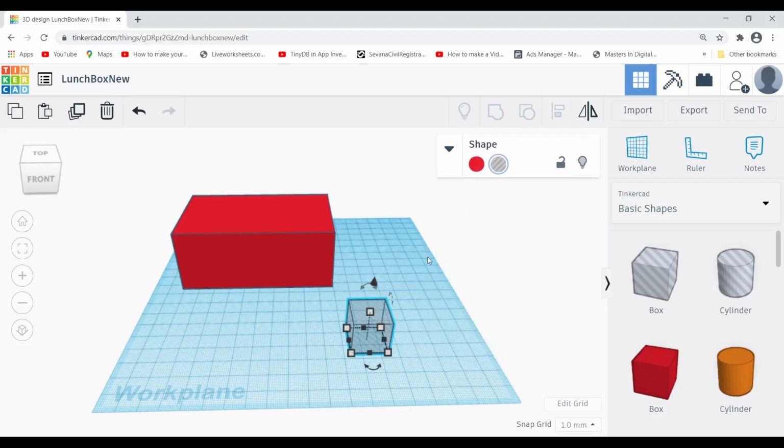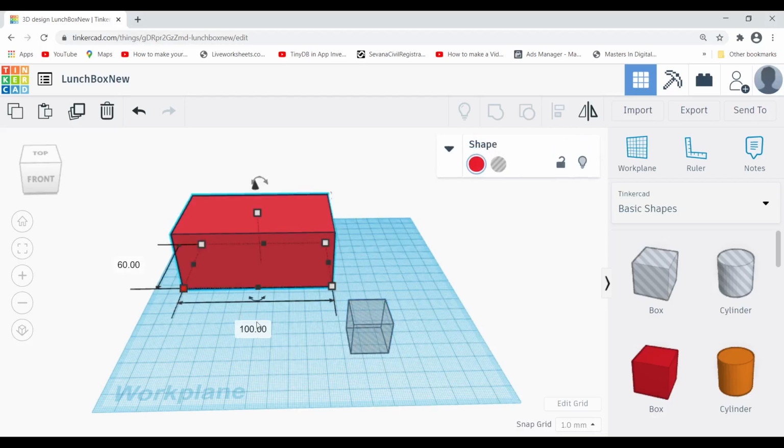Now we need a wall thickness. I need a wall thickness of 2 millimeter on all sides. That means left and right 2 millimeter, and this side as well as this side also 2 millimeter. We know that the solid type has a width of 100 millimeter.